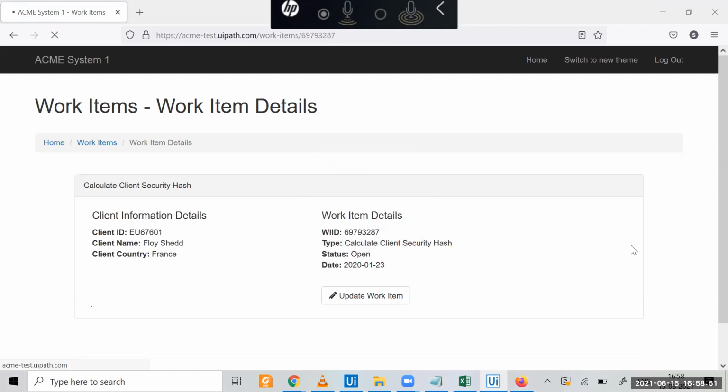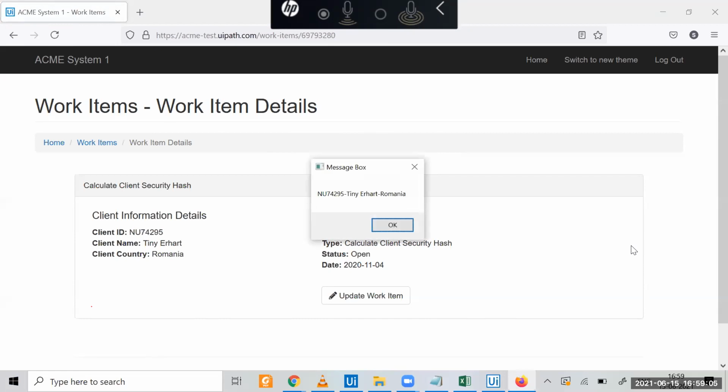There are 15 items, so it will search 15 times, and it will throw one text box. Now next is to take that text box and put it in the SHA online website.